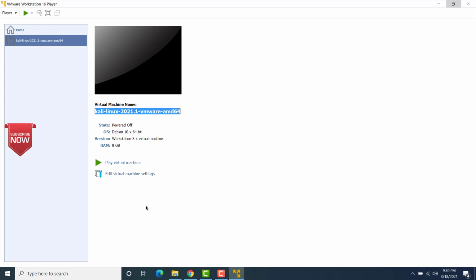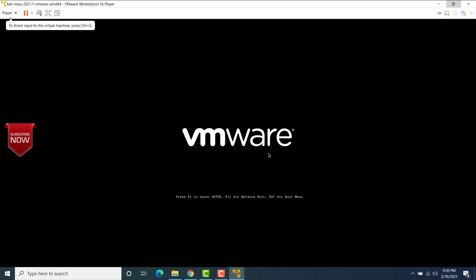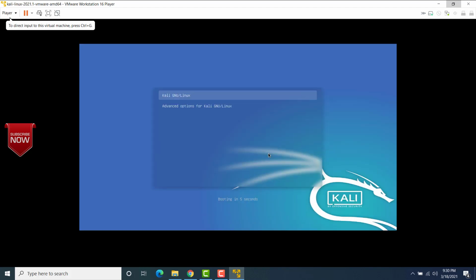Again, the username and password is Kali. So let me go ahead and play this virtual machine. Click on I copied it and wait for the VM to start. Now you see the Kali Linux VM has started, so there is no need to install anything.